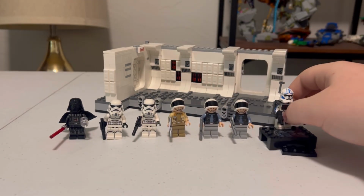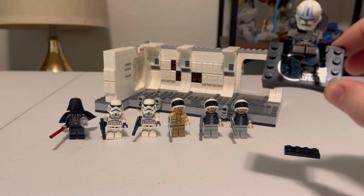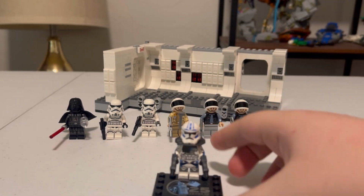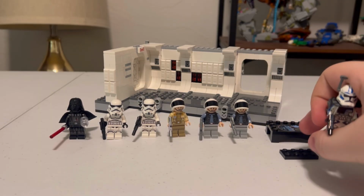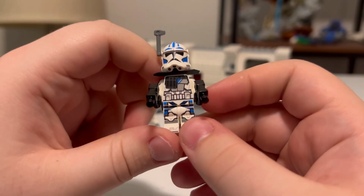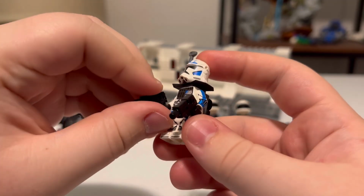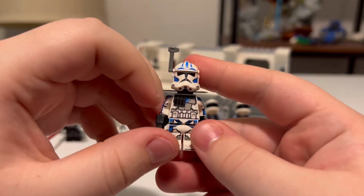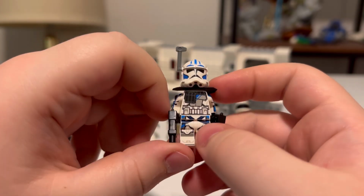And then lastly is the 25th anniversary figure. Comes with the little stand, says 25 years of Lego Star Wars with R2-D2 on there. And then it comes with a little 2x4 plate. And then you get 5s, and I think he looks very good. He's got 2 pistols that he comes with, and then the belt pouches, the comma printed on right there,